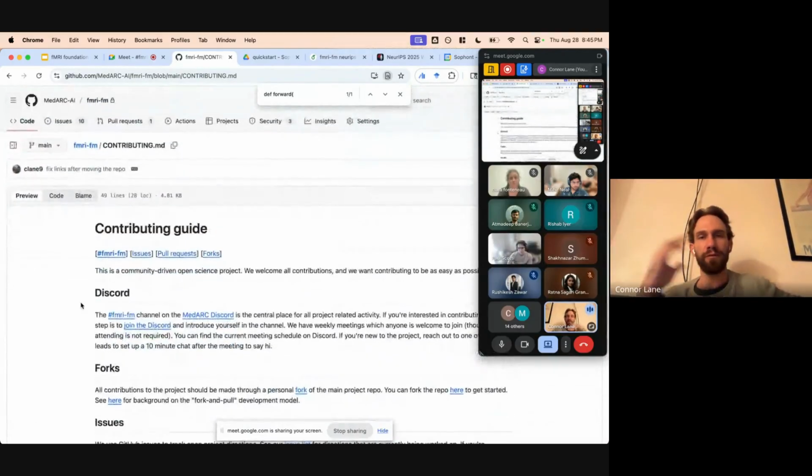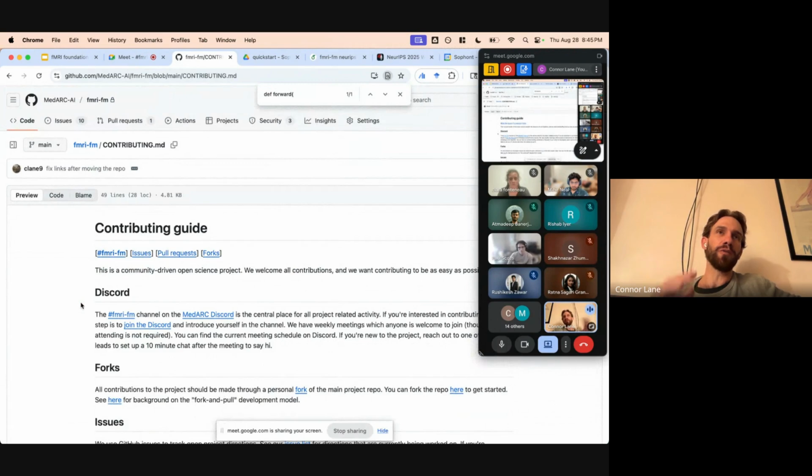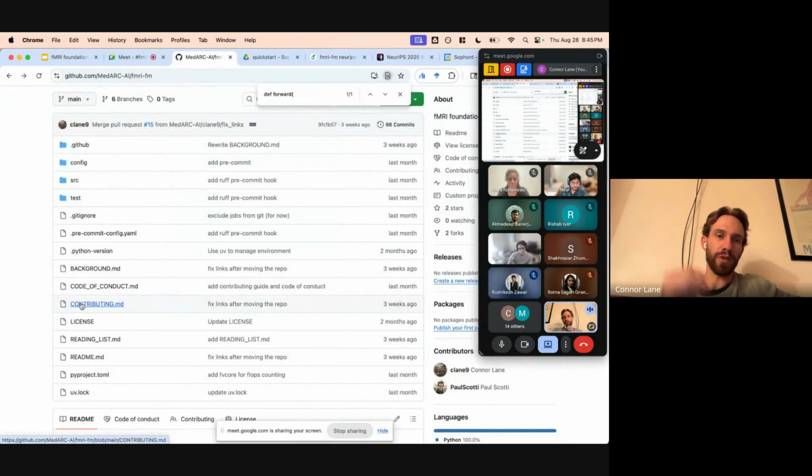But yeah, basically fork, open a pull request, draft pull request to start, saying I'm working on this issue. Here's my work in progress stuff. And then once it's ready to go, convert the pull request into ready to review, and then you can merge it back to the main code base. Okay. Yeah, these were good reminders.